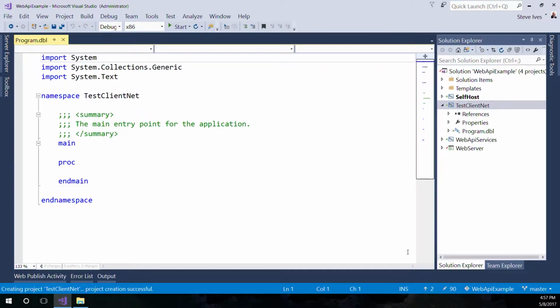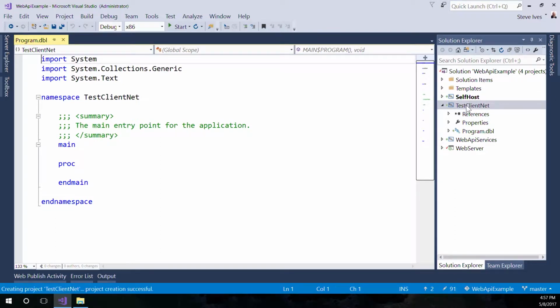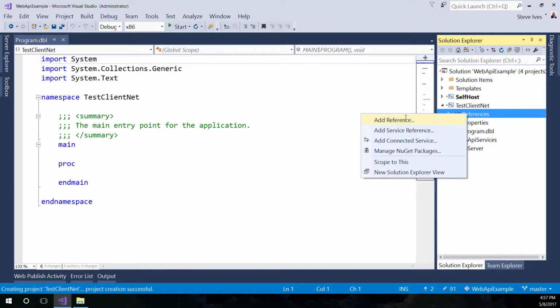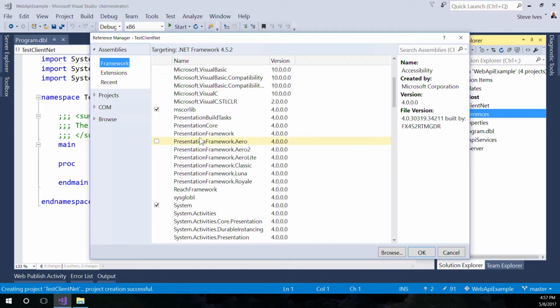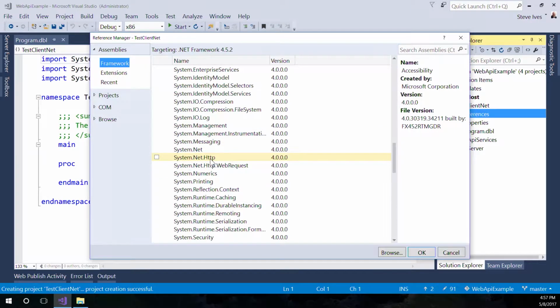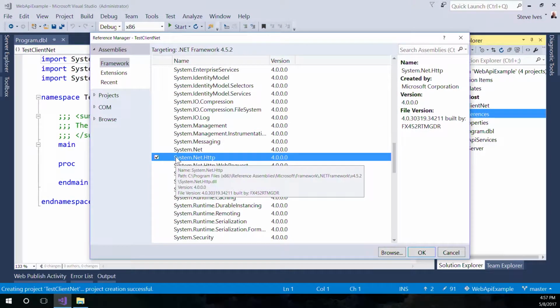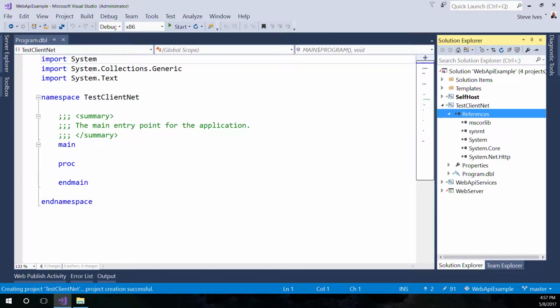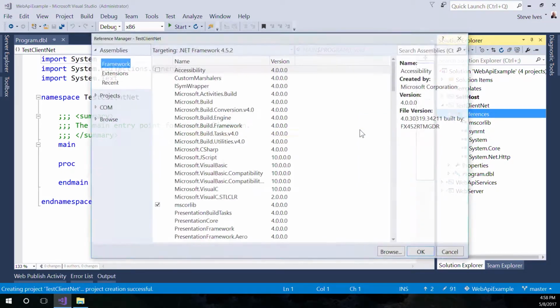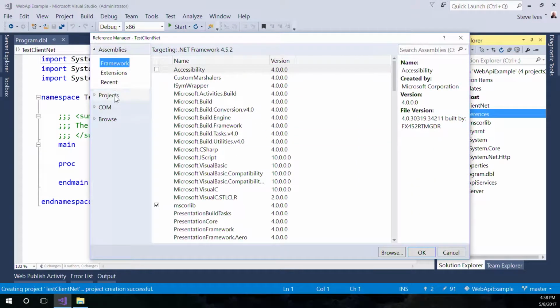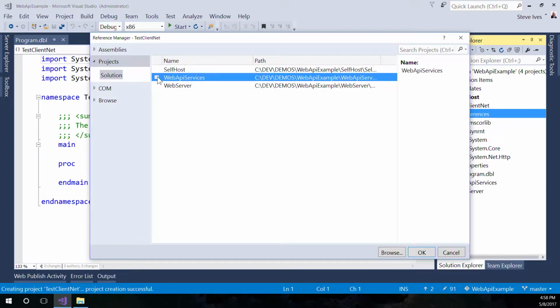So this is a Synergy.NET console application. We are going to need reference to some networking stuff in the .NET framework. So I'm going to add a reference to the framework assembly system.net.http. That's the .NET framework's HTTP stuff. Okay, so we'll get access to that. I'm also going to want to do some JSON serialization and deserialization probably. So I'm going to add a reference to Web API services simply so that I can go after the model